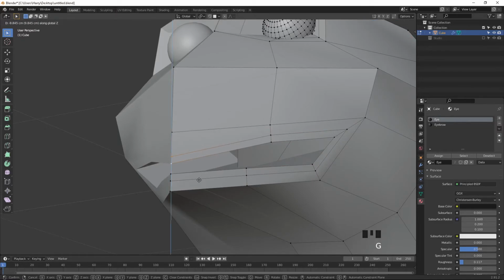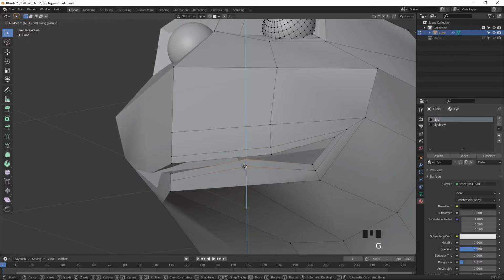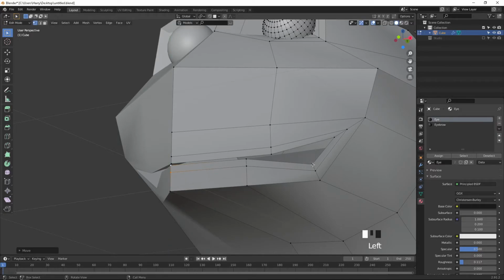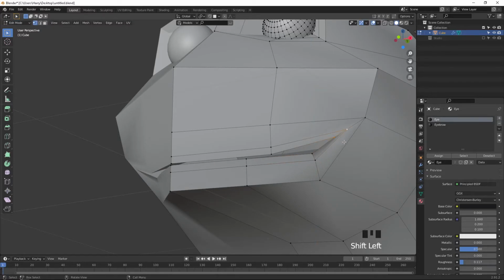GZ, and select this one, and GZ, select these two, and GZ, select this one, GZ, select this one, and press G to move like this.